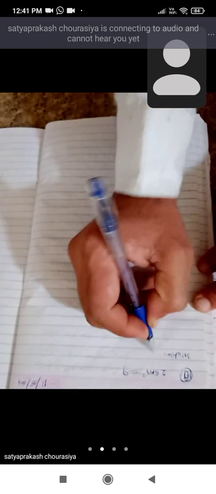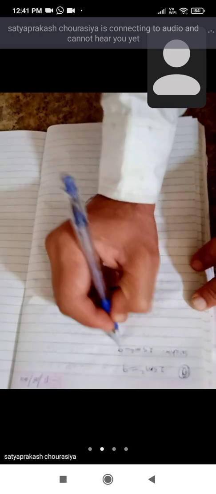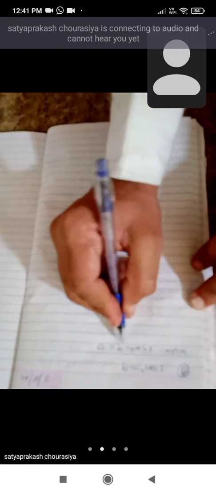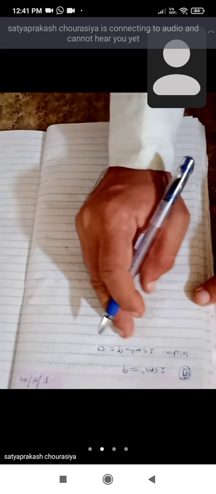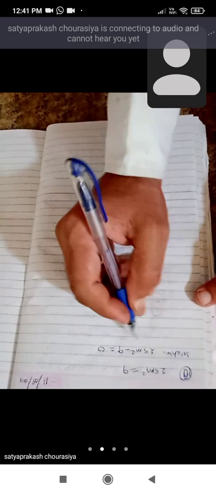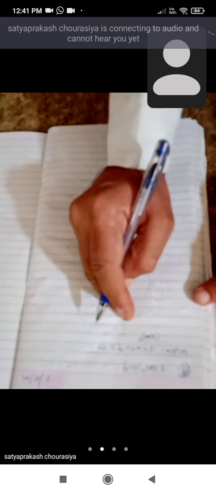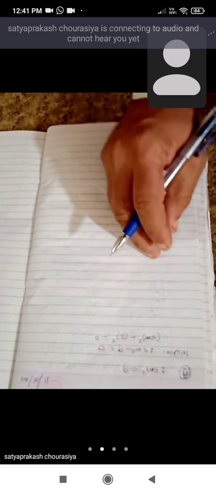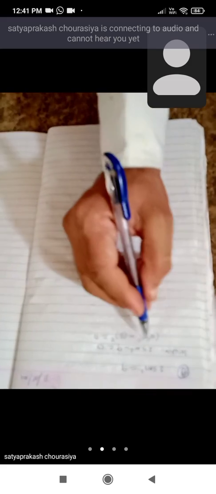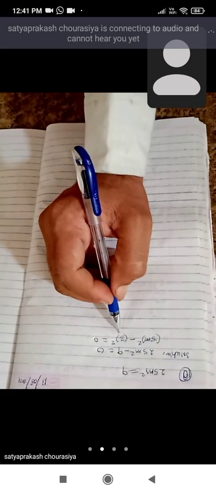Question number 10. Now bring the 9 from the right hand side to the left hand side, so this will become minus 9. So 25m square minus 9. Understood, student? So here we can write 25m square minus 9 as (5m) whole square minus square of 3 is equal to 0. Now you know that here 25m square is the square of 5m and this 9 is the square of 3.